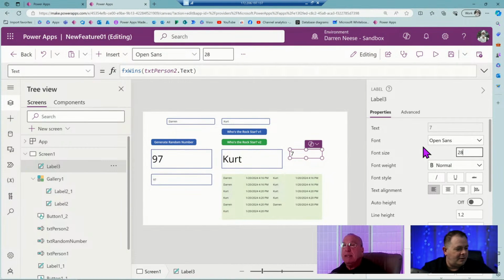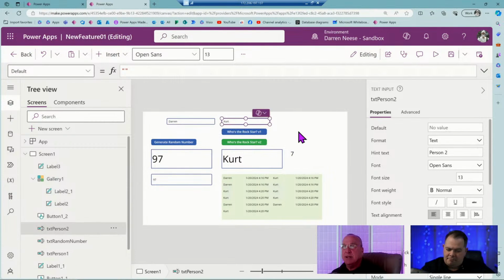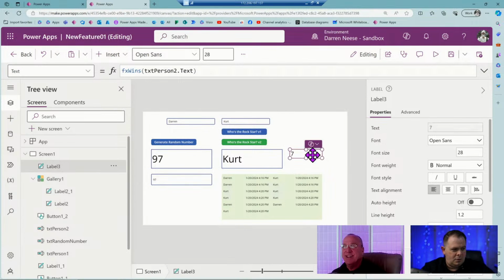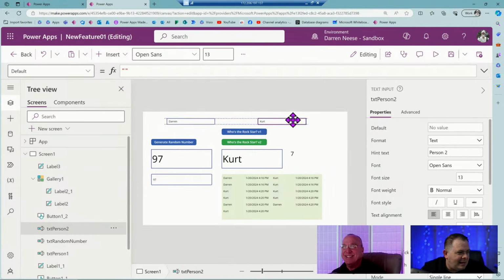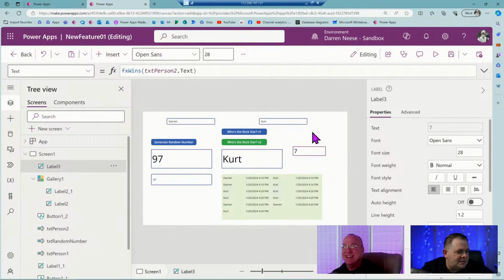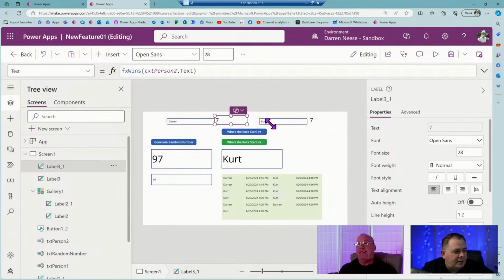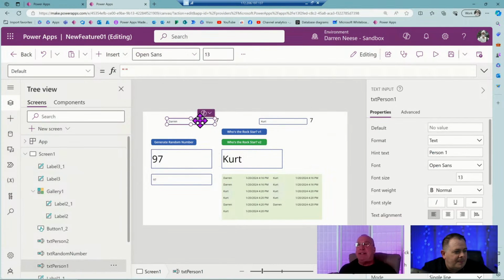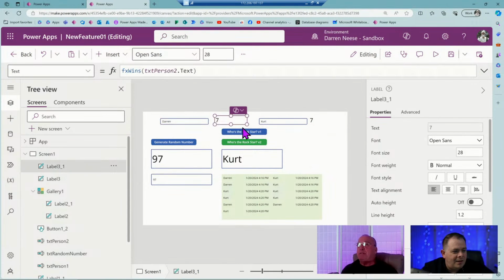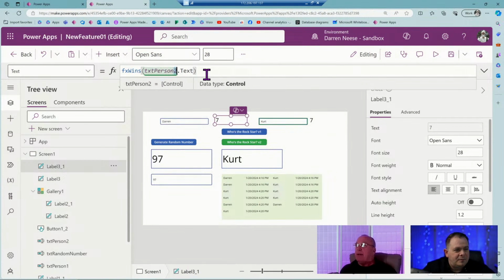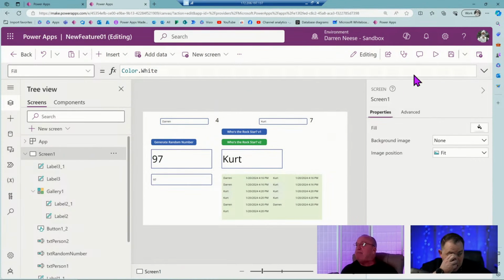So now let's rearrange that so you've got your 2 name labels up there, your 2 text boxes, put up next to each label. Cool. Look at that. I like it. So I'm going to put this 7 over here. Okay, I'm going to copy and paste this and put this one over here by Darren. Now you see how we did this, guys? This is so smooth, because we did all that code one time, and now he can sit here and just put as many people in there as he wants.